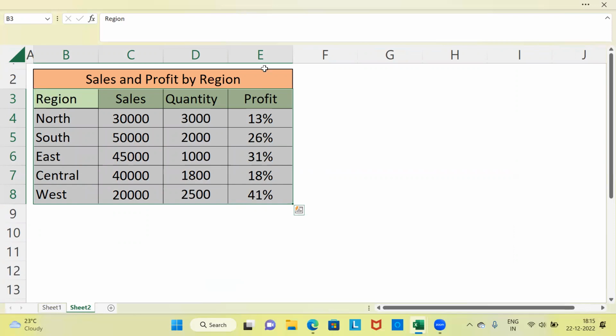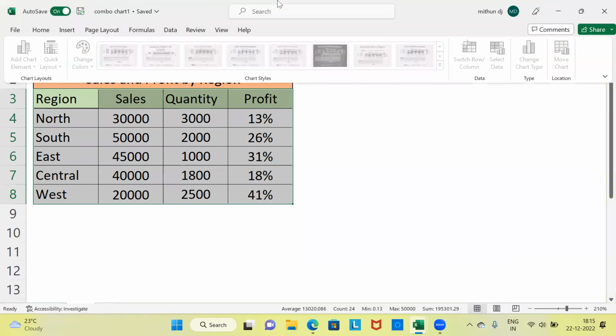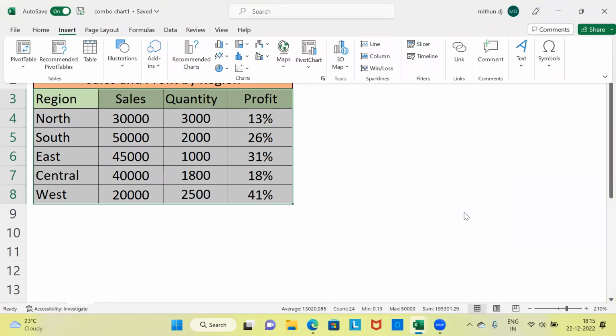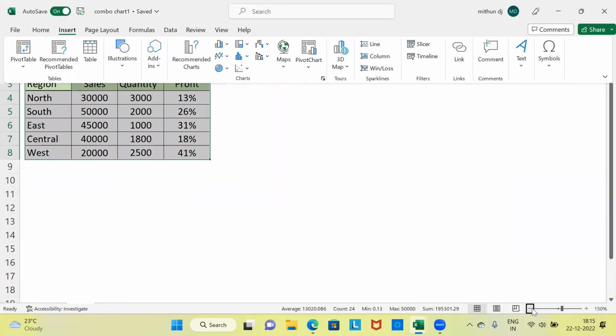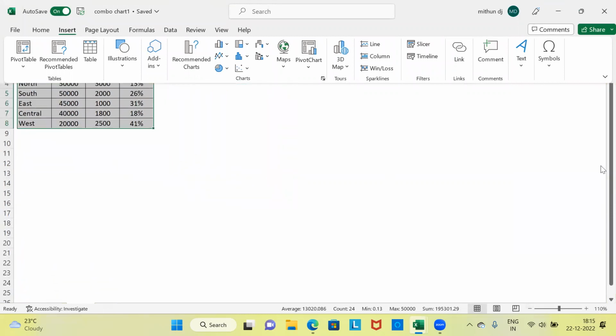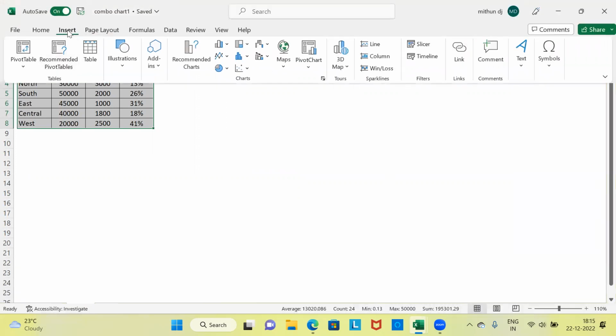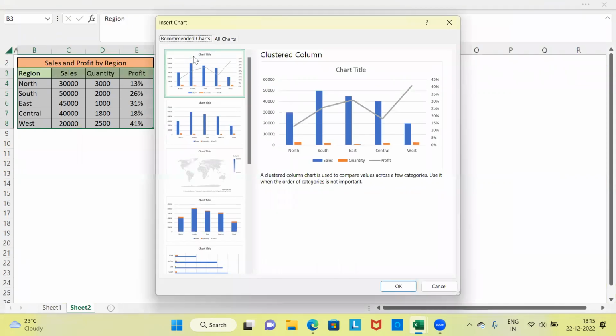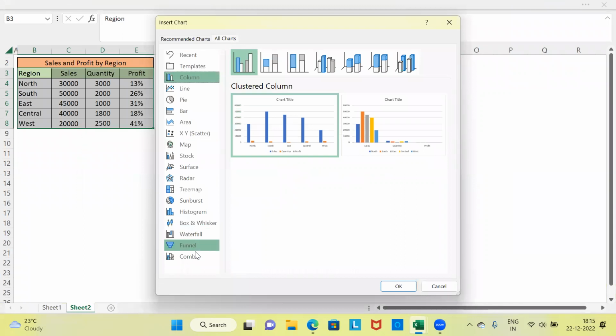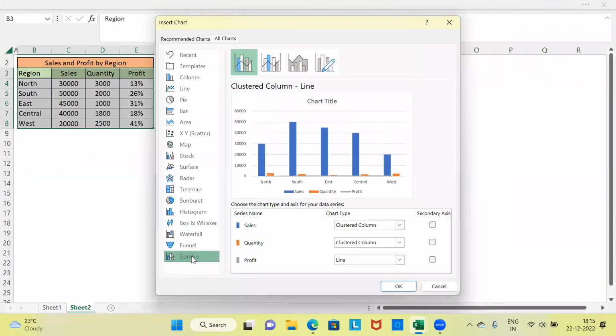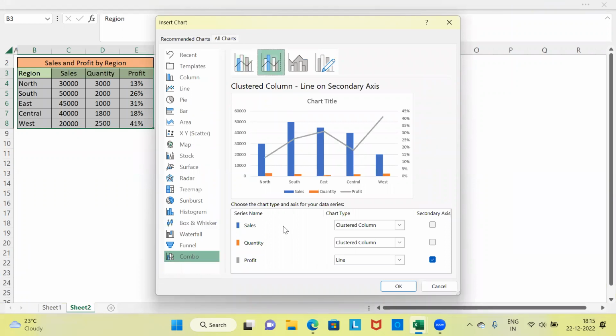To produce a combo chart, like before, I'm going to go to the insert menu. But firstly, let me reduce the zoom out option. I'm going to click on the insert menu once again, recommended charts. As before, Excel makes a recommendation. I'll go to all charts and choose the last option, namely combo chart. I'll choose the second option here. So sales will be used